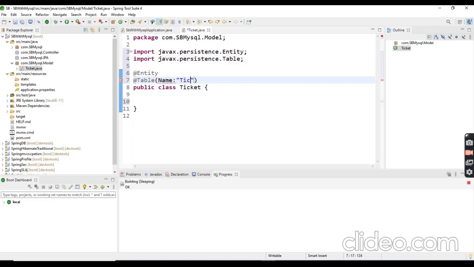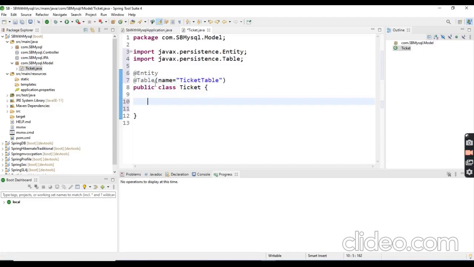I named it ticket table. So this is the table name.